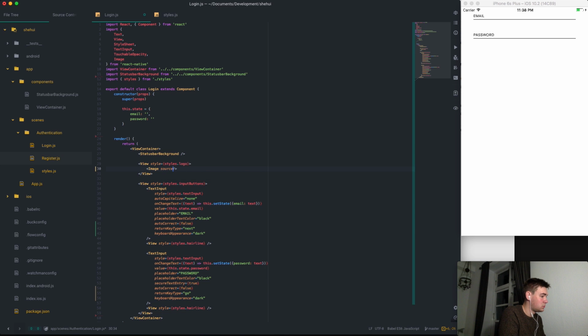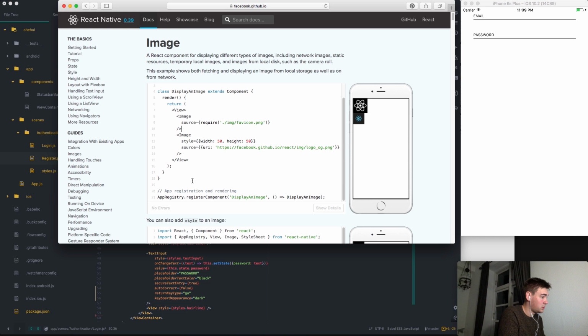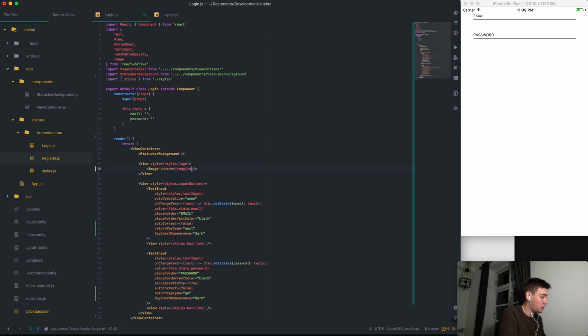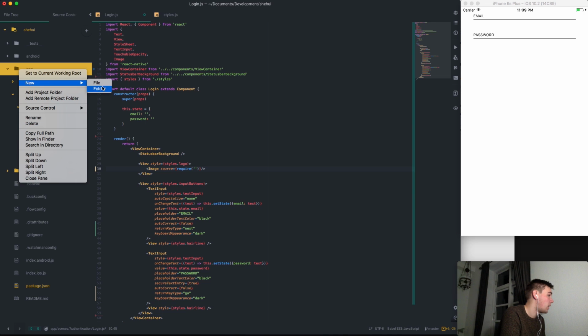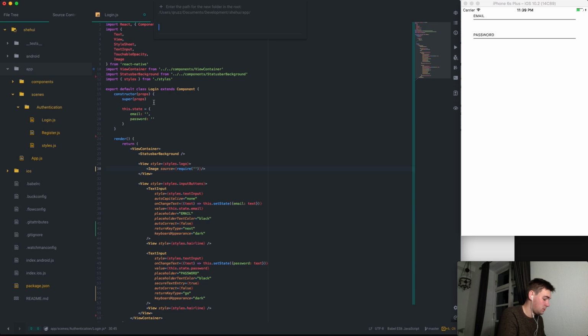So image source. Is it self-closing? Yes, it is. And what was it? Require? Yeah. Require. And then it's a string. Okay, so we need to